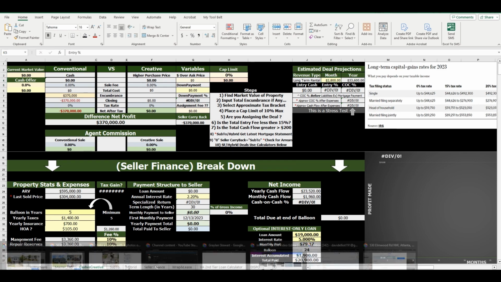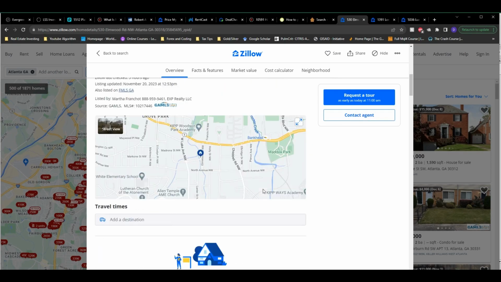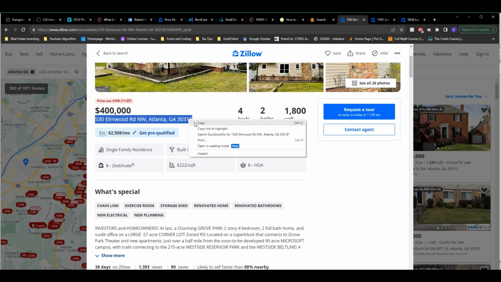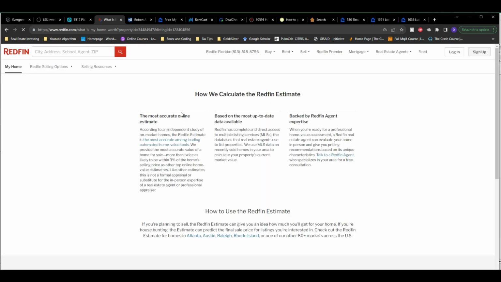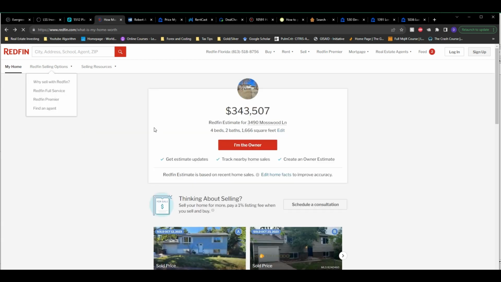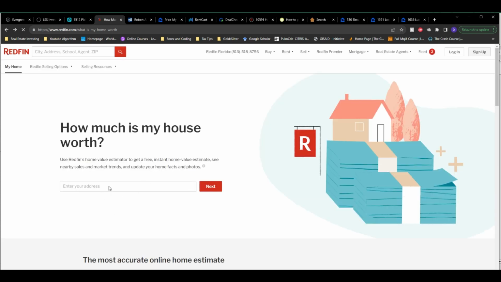And what we want to do now is take a look at the market value of the property. Now that was not visible here. We can see that it's missing. So what we'll do is we'll take the property address, we'll move this over into Redfin. Redfin should get us an estimate of what the current market value is of the property. So let's start a new search. And we're going to paste it